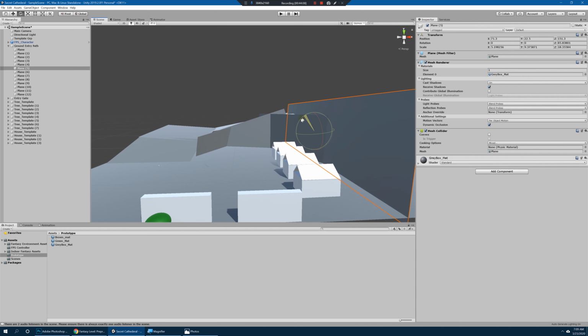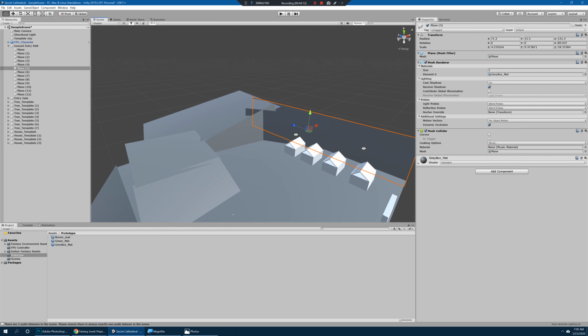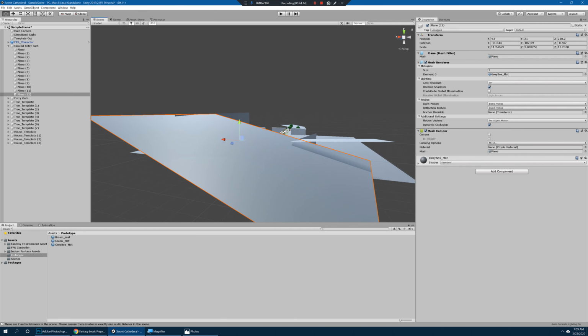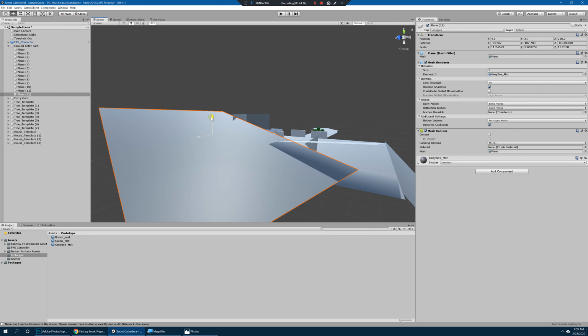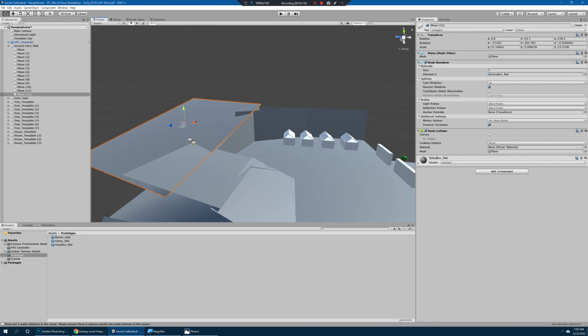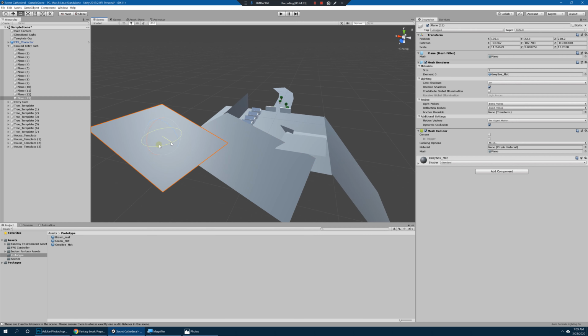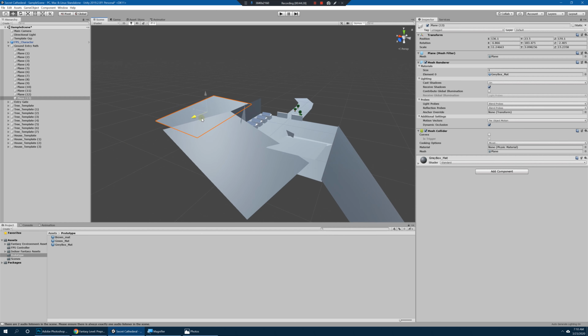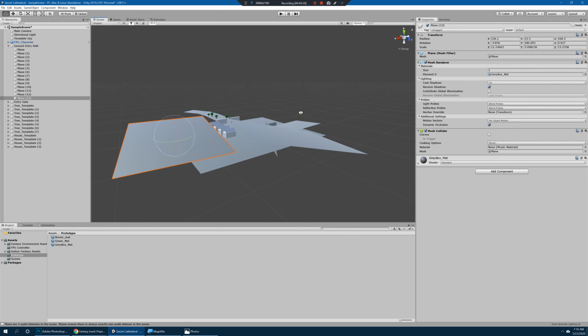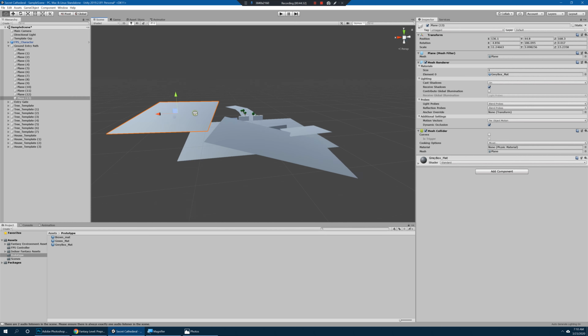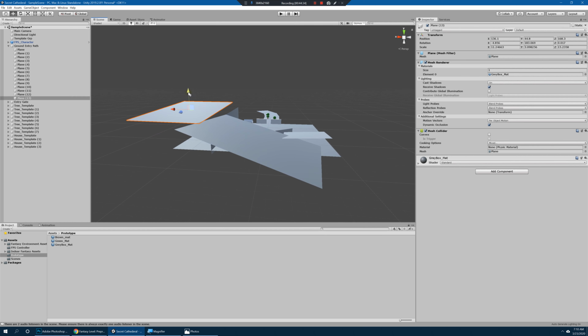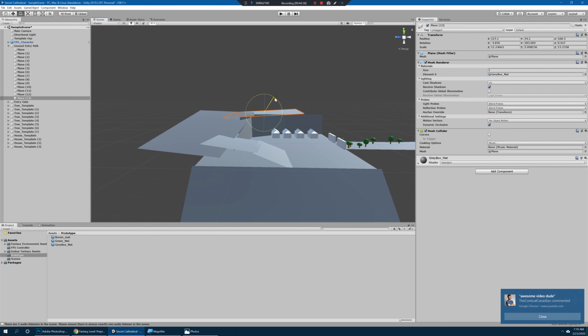A lot of this is just give and take, tweaking. And a lot of it will be subject to change. It's kind of a moving target at times because you'll ultimately iterate to the point where it's going to be best. You're going to create the best experience for your player. So if this ends up being too